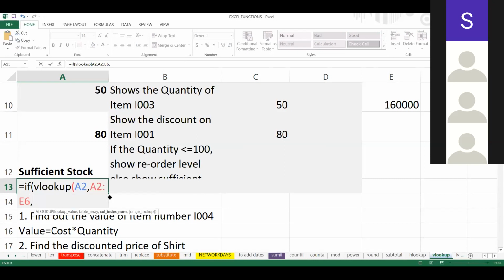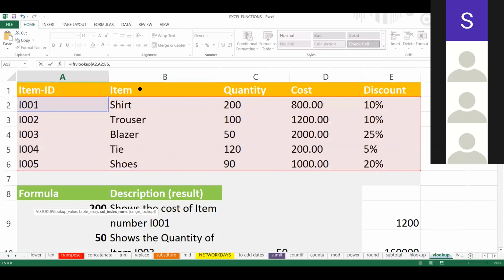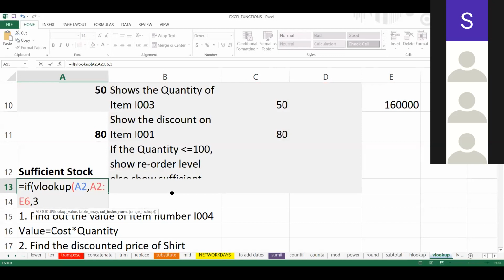Comma, column index, because my quantity is in the third column, 1, 2, 3. I will write 3 here. And I want false. It will give me some value from the quantity. If that quantity is greater than or equal to 100, comma, IF requires 3 arguments.